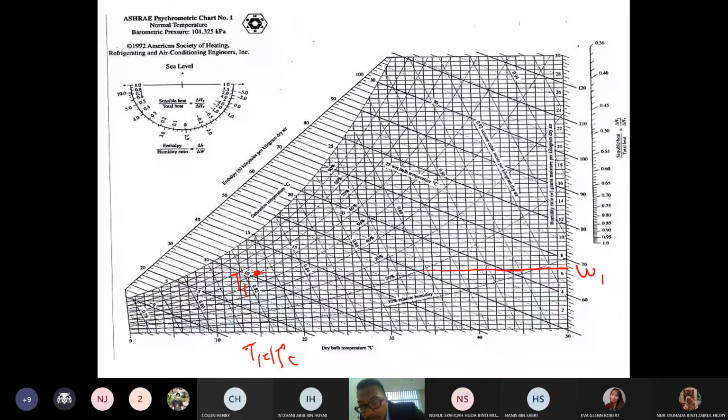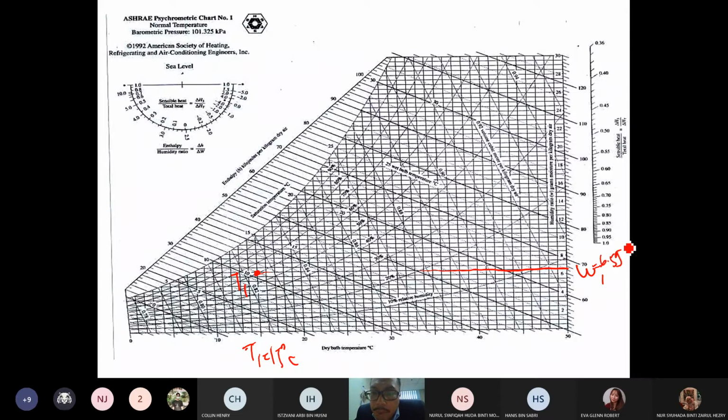Omega 1 is 6 point... let me count the divisions: 1, 2, 3, 4, oh, 5. So omega 1 is equal to 6.5